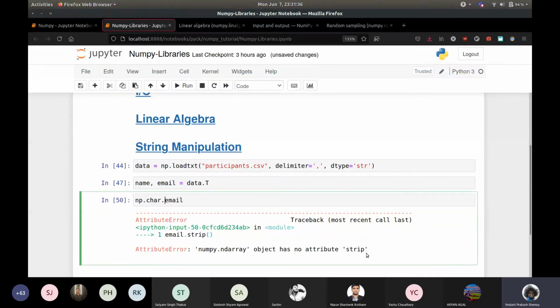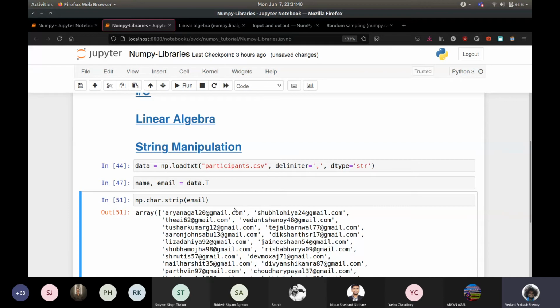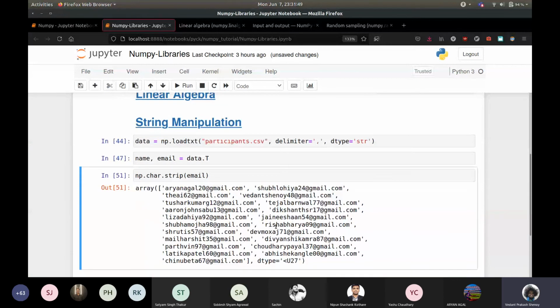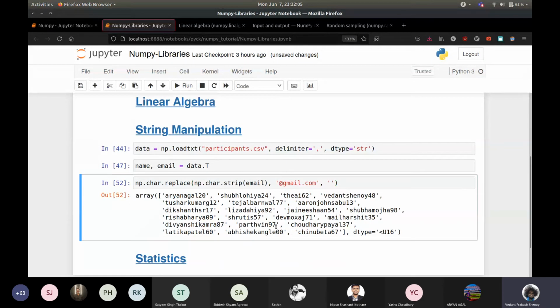So if you do np.char.strip email, then it will do this strip element-wise for each element in this array, right? Which is great, but it doesn't end there. You can do np.char.replace, right? You can give this at gmail.com, replace it with nothing, and it will give you the username.